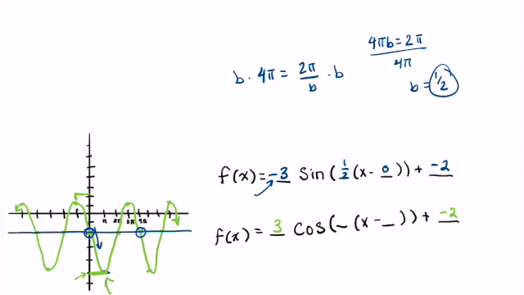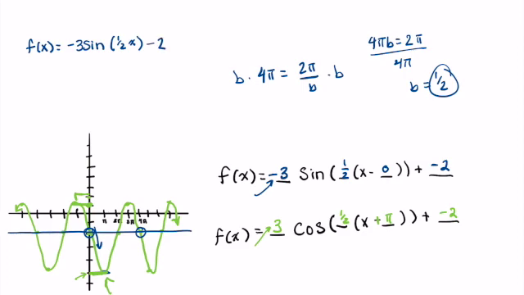I just know that we have a phase shift of pi, and maybe I'm going to say pi to the left, because in doing that, I'm able to keep that a positive 3. So I literally am just saying that I went from here to here, okay? And our b is still going to be 1/2. So if I clean up these two, I have f of x equals -3 sine of 1/2 x